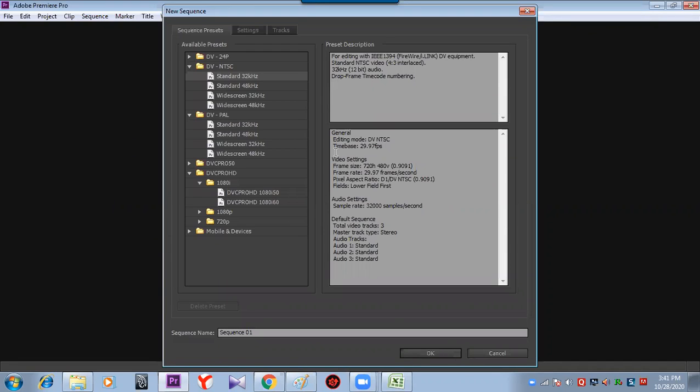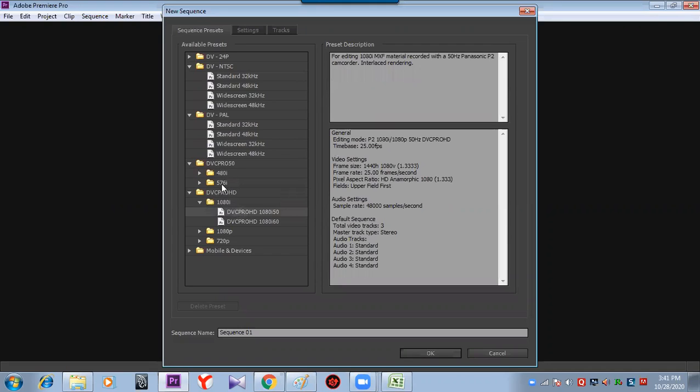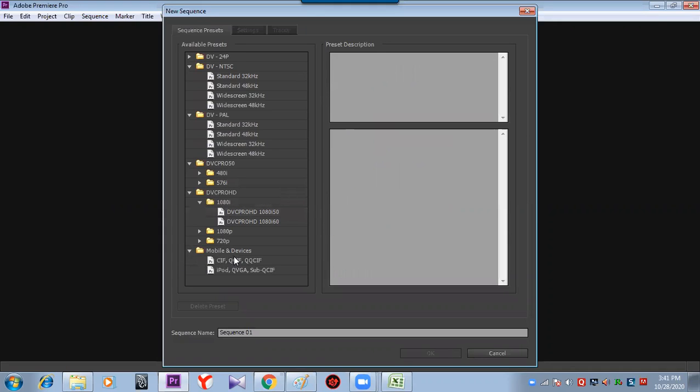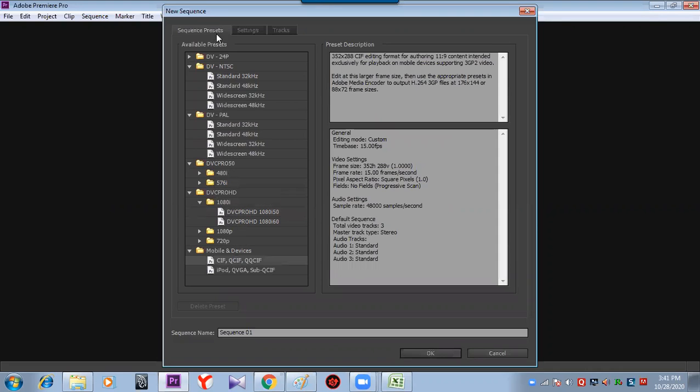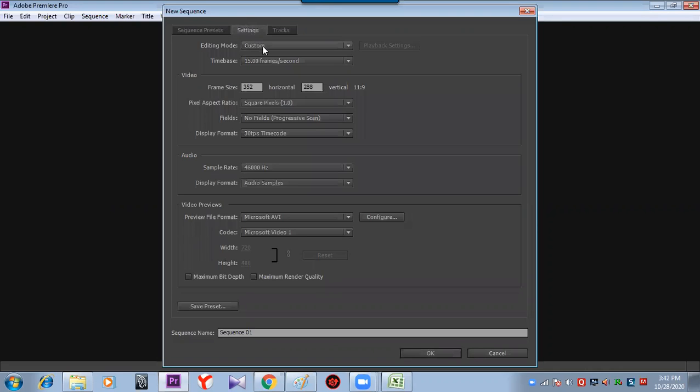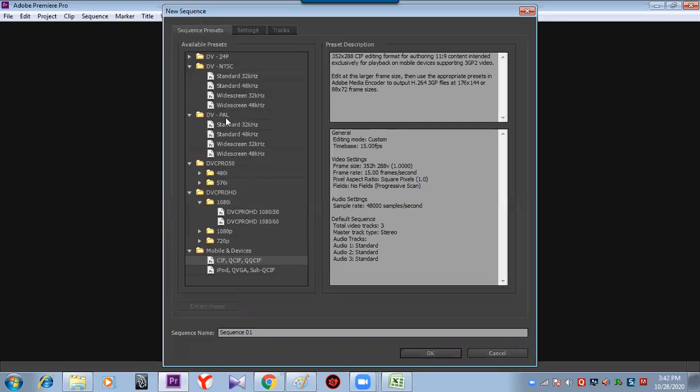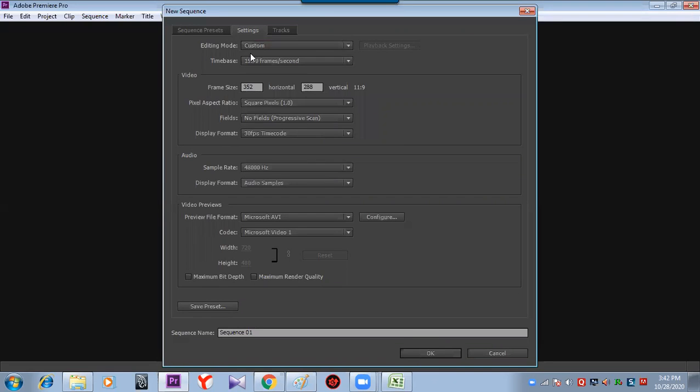Except for the broadcast standards, it is used in video formats like HD, Full HD, and DV Pro. They are like cassette sizes. You can switch, and nowadays mobile is also a very big market. So you can switch to anything. But if the customer asks you to do things in his own size, then rather than taking any predefined size, switch to the custom setting, and here you can define what is required.